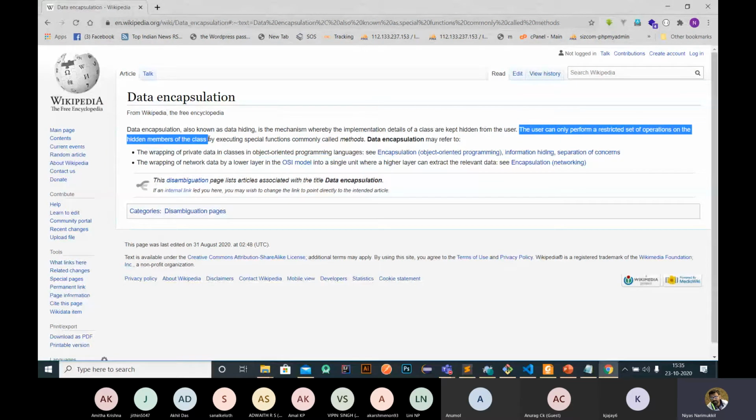So members of the class means the variables of the class. Okay, variables are called members. So users are restricted from accessing these members or variables directly. Users, or any other person, can access variables only through the methods. The user can only perform some kind of operation by executing special functions called methods.